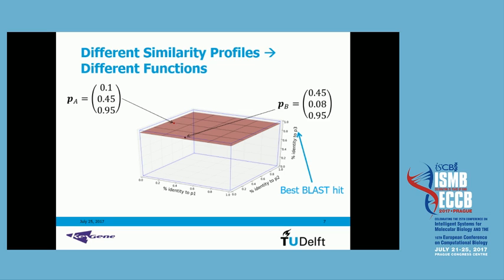So this second protein lies exactly on the same plane. But if I only look at P3, if I only look at the significant hit, then I am forced to predict the same annotations for A and B. But actually, if you look at the gray area, you see that A is much more similar to P2, and B is much more similar to P1. So we say that maybe this slightly different similarity profile might imply that there's a difference in the functional profile of